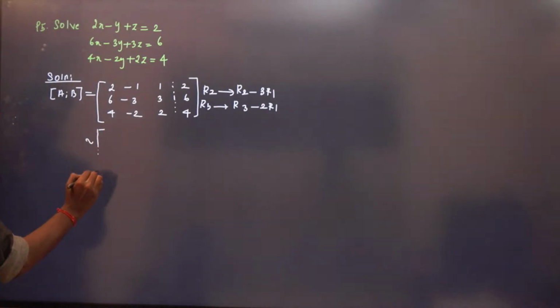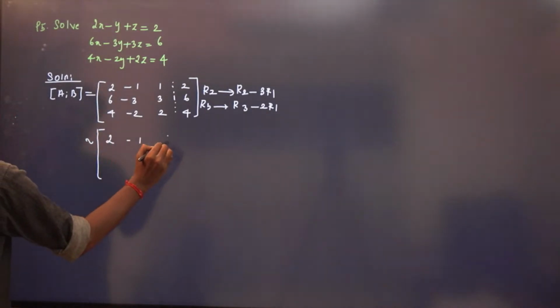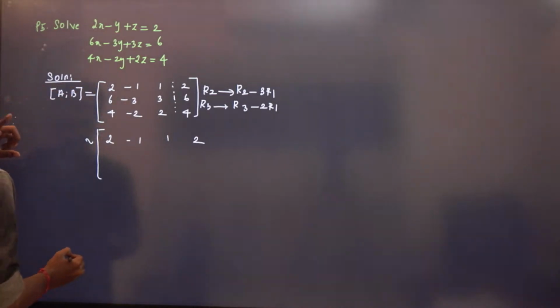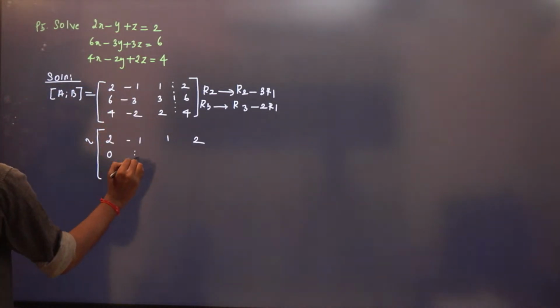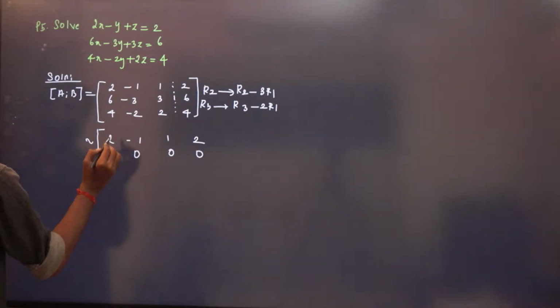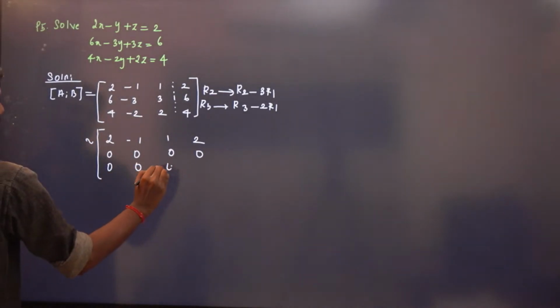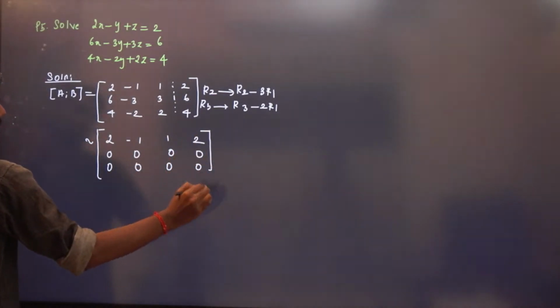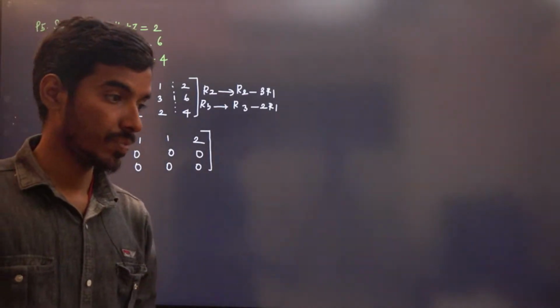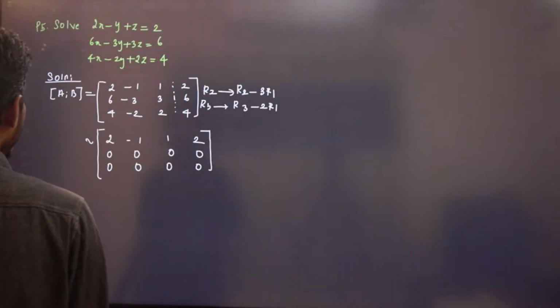So when you do this operation, you will have 2, minus 1, 1, 2. Multiply 3 and then subtract. Multiply 2 and then subtract. That's it. So in a single stroke, it reduced to row echelon form. Now you can see